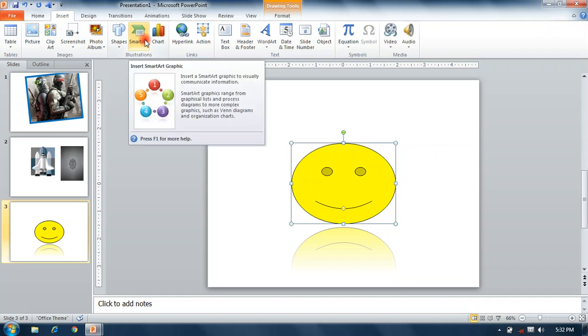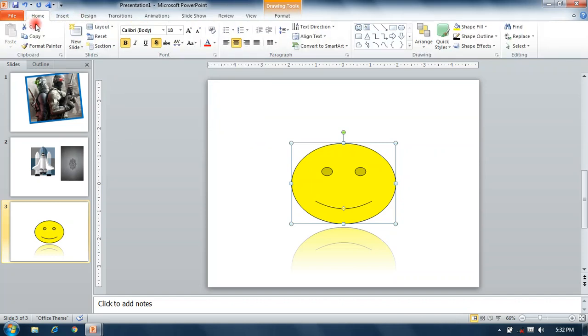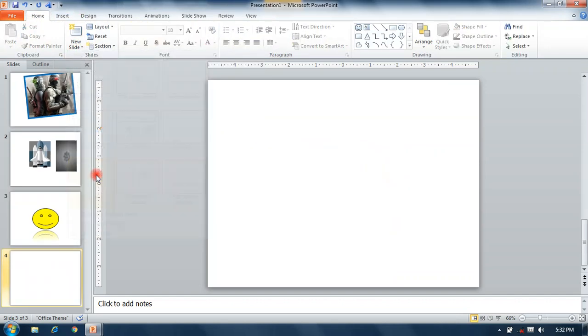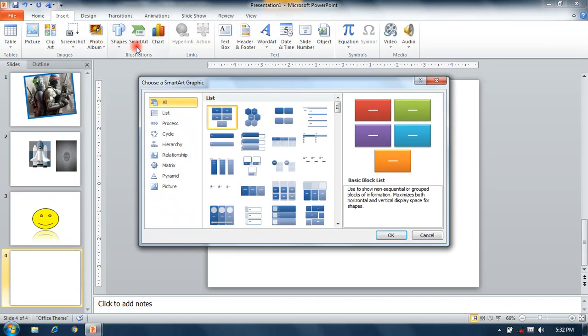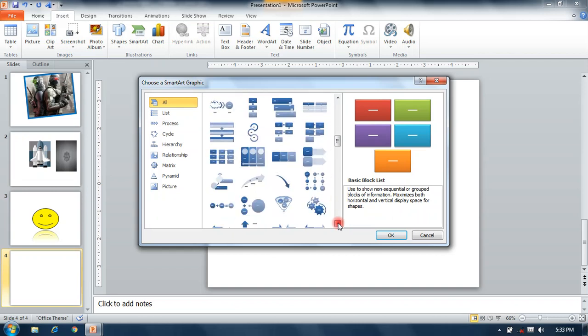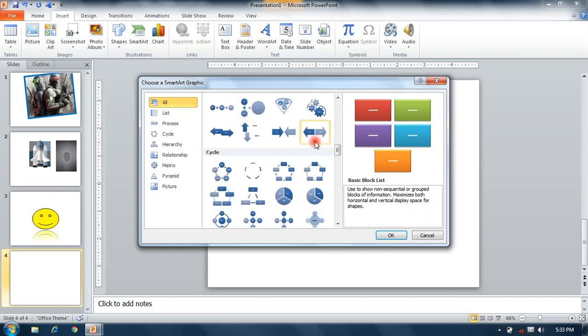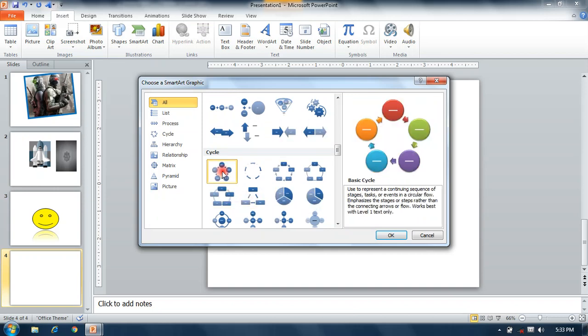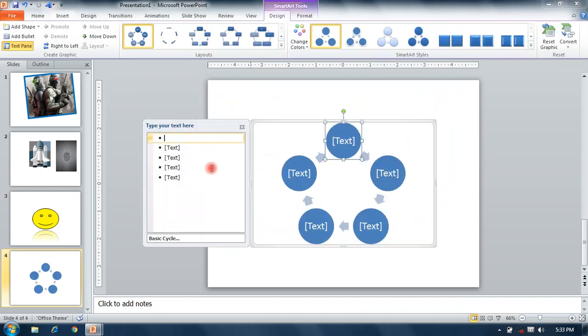Smart art, smart art, again we take a blank slide. Smart art represents some smart graphic options which are used for designing a process. Like this, there are different types of smart arts, so we can see like cycle. Okay, you can type text here and type like